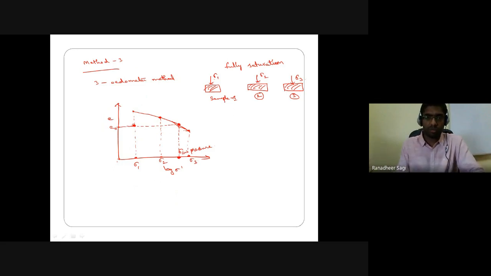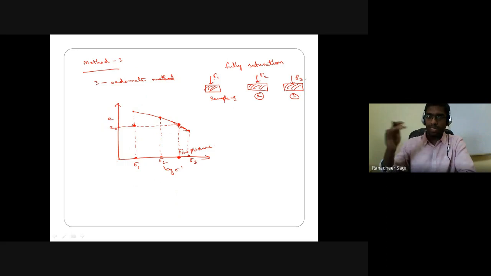So we are trying to find out this swell pressure value based on 3 different consolidation tests what you are going to be performing on identical soil samples, which are initially allowed to get fully saturated, because of which free swelling took place in sample 1, sample 2, sample 3. And on sample 1, you are applying some external pressure of sigma 1, sample 2, sigma 2 pressure. On sample 3, sigma 3 pressure is applied.